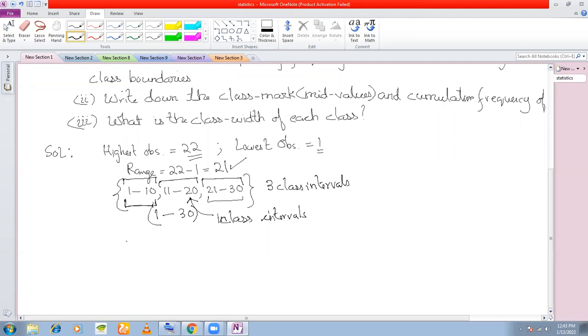Okay, you make it 5. So what I do is I take from 1 to 5, then 6 to 10, and then 11 to 15, and then 16 to 20, and then 21 to 25. This is a better form of representation, isn't it? Because the class intervals are smaller and you're taking more class intervals. How many class intervals are in this? There are 5 class intervals, right?